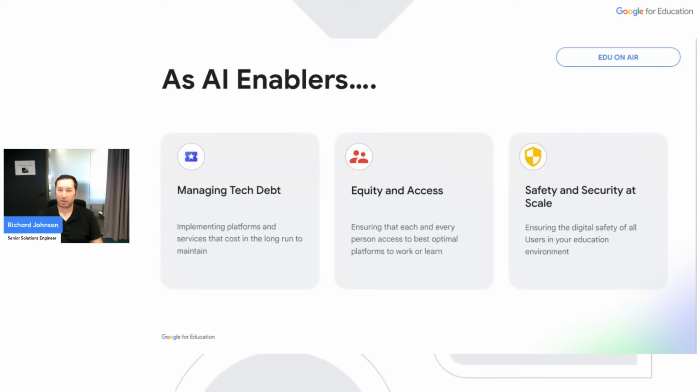And most of you are probably familiar with this. Number one, managing the technical debt. Implementation of any system, including AI, is not just an upfront cost. There is consideration of human resources and the cost to turn it on, train, and sustain a platform.